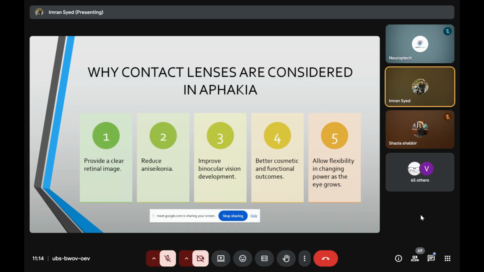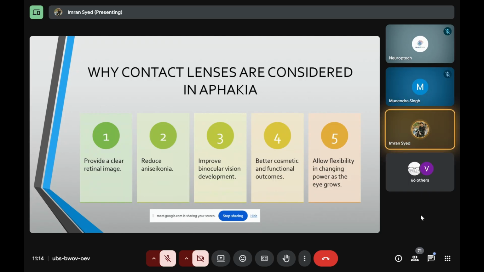And the fifth point is that it also allows to change the contact lenses as the eye grows. So as the eye grows, the power also changes. So you have to change the lens according to that. So this lens, sorry,